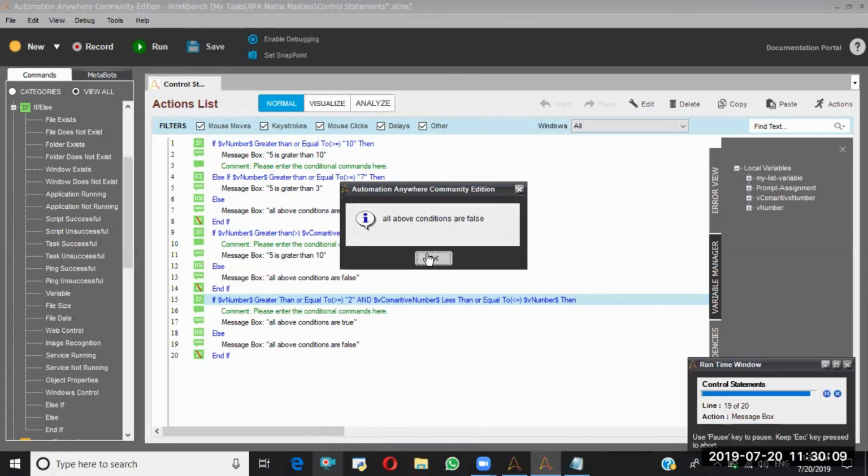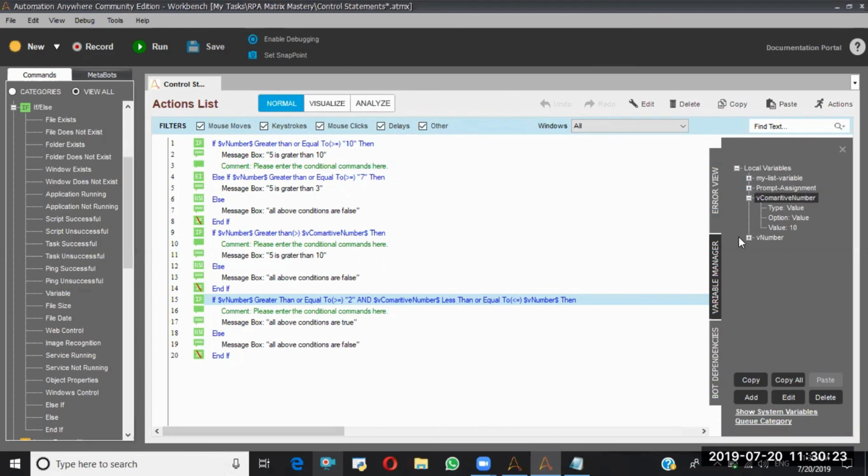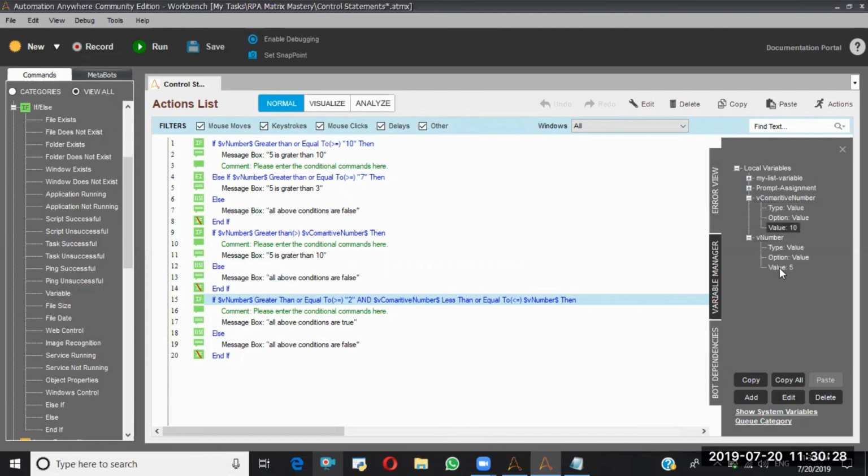The reason is, here I'm saying v comparative number less than or equal to v number. V comparative number, see here, is having 10, and v number value is 5. So one condition is true and one condition is false.